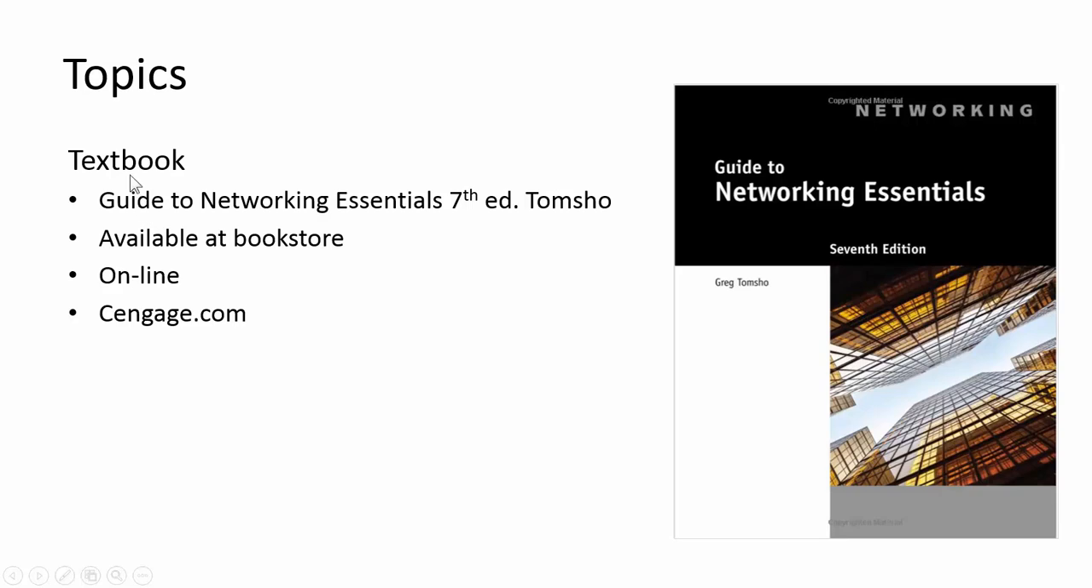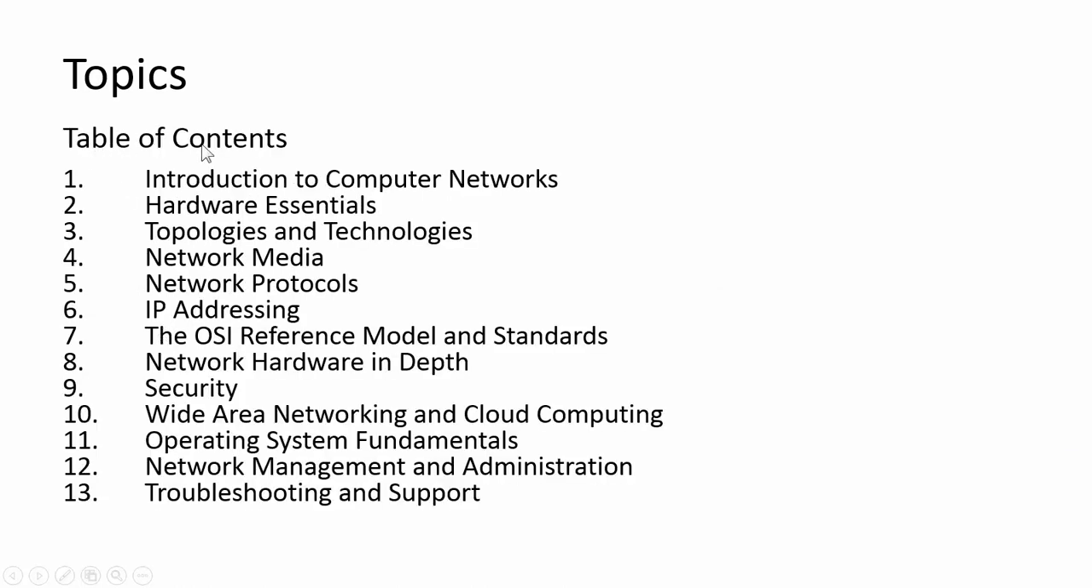Now, let's discuss the topics that we will be covering in this class. The textbook that we will be using is the Guide to Networking Essentials, 7th edition, which is available at the bookstore or online at cengage.com. And if we look at the table of contents of our textbook, we will see there are 13 chapters: